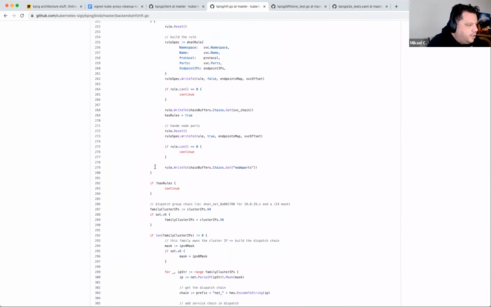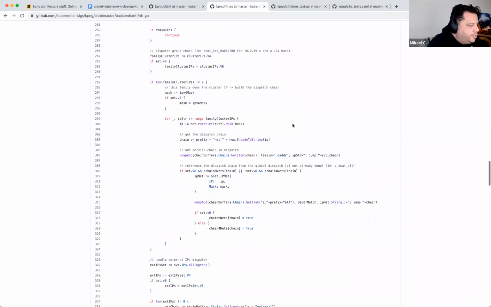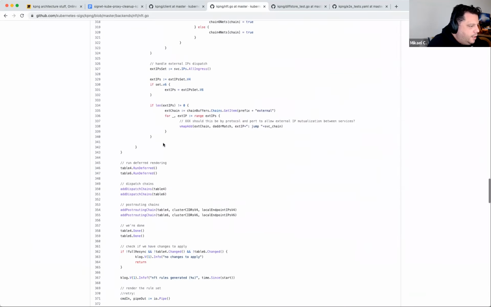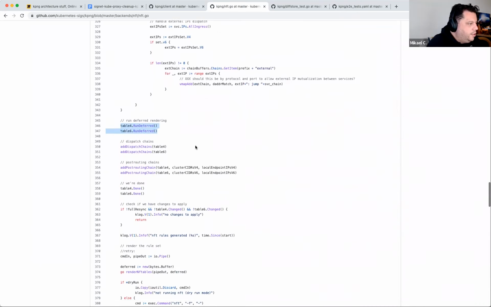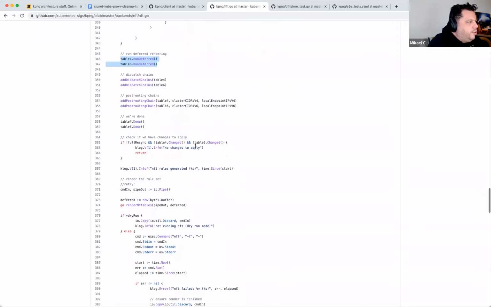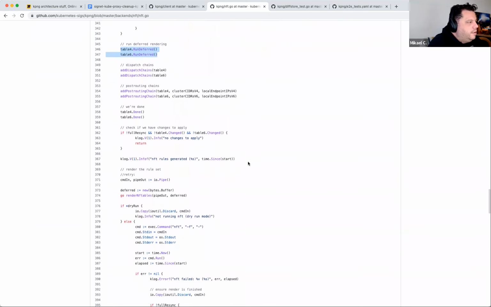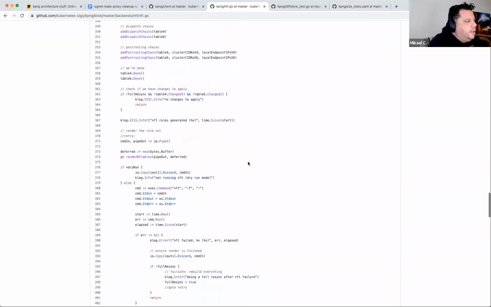You can scroll down because you need to get after the loop. I just run the deferred rendering, so it's going to basically close all the maps with a curly bracket. And then I create the dispatch chains, post-routing chains, and then I say I'm done.